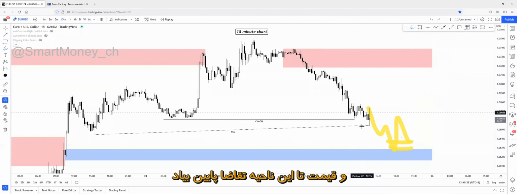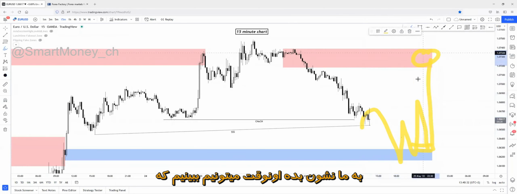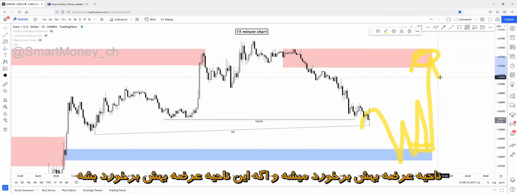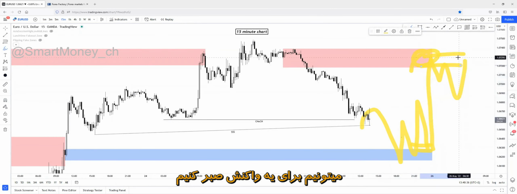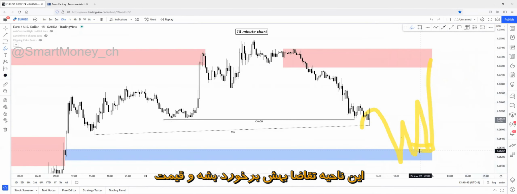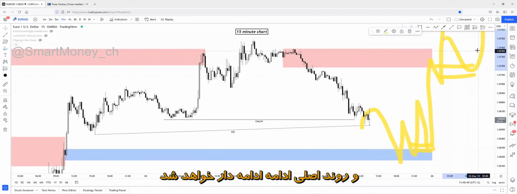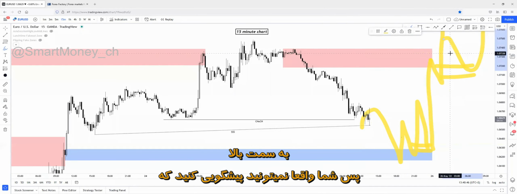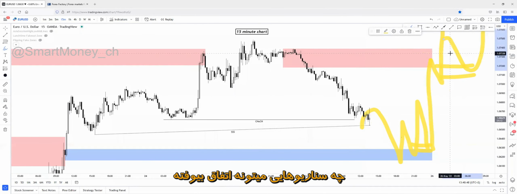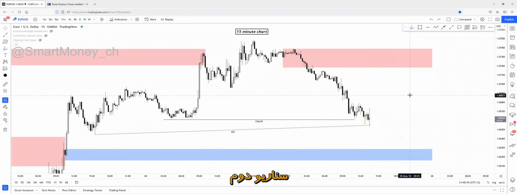So price comes down to this demand zone, and if this demand can give a reaction to us, then we'll see a tap of this supply zone. And if this supply is being tapped, then we can wait for a reaction, confirmation, and continuation to the downside. But there's a chance that if this demand is being tapped, price will simply break above the supply zone and the main trend will be continued to the upside. So you really can't predict what will happen. I'm just showing you the scenarios that could possibly happen in these days, in these sessions. Okay, this is the first high probability scenario.